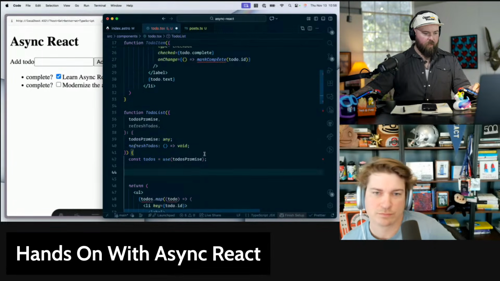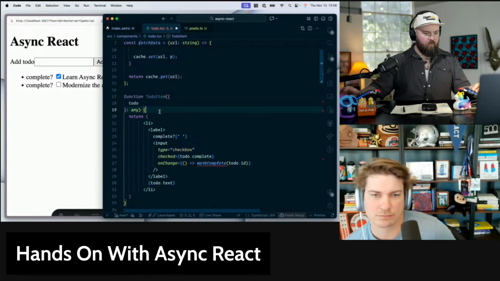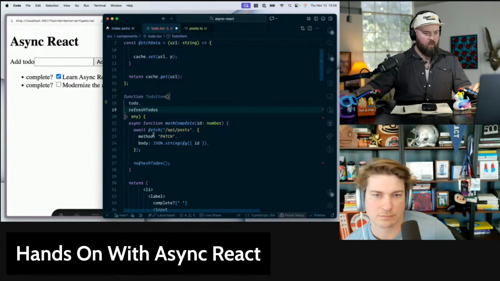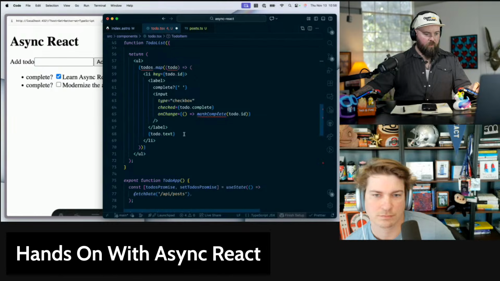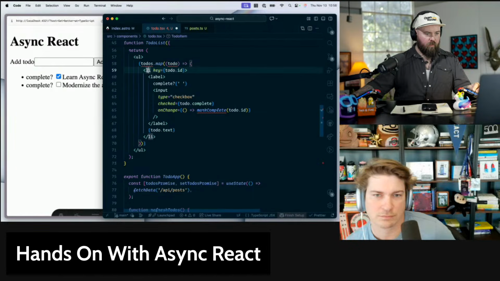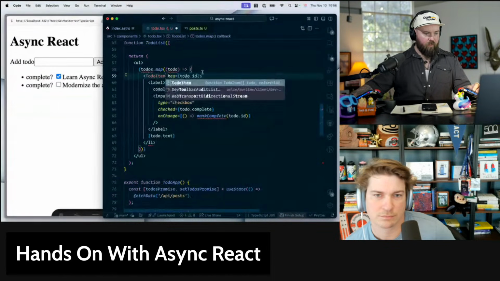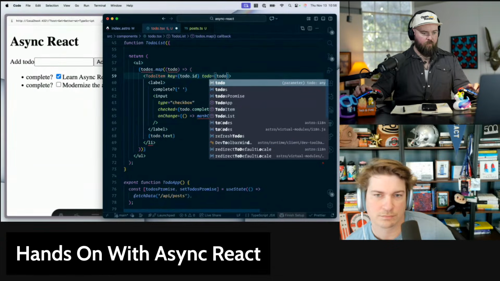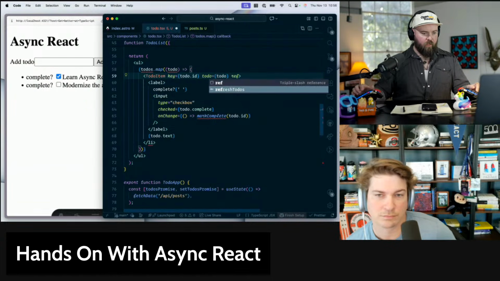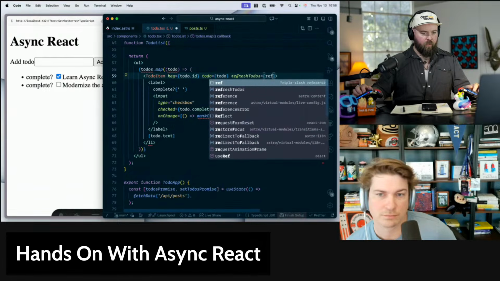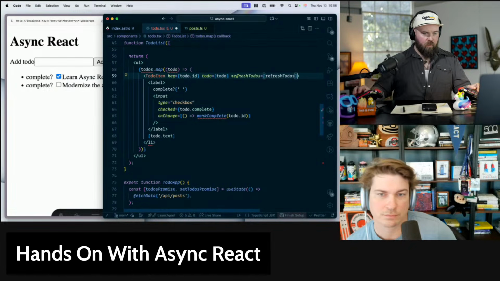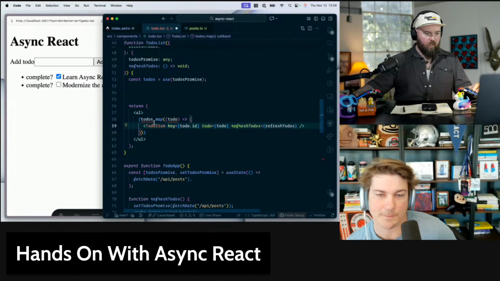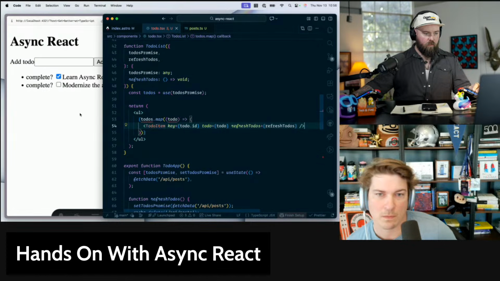We'll also have to pass down this refresh to-dos, but that is okay. So then down here, we've got our to-do item. It's going to get a key, it's going to get the to-do, and it's going to get refresh to-dos, which is going to be refresh to-dos. That should do it.